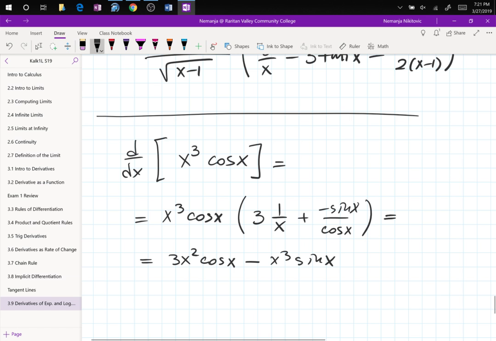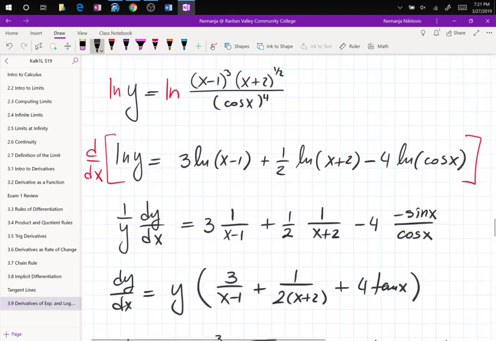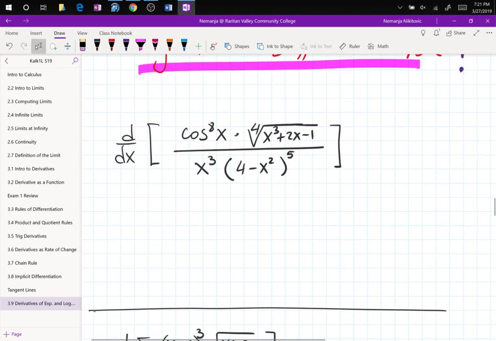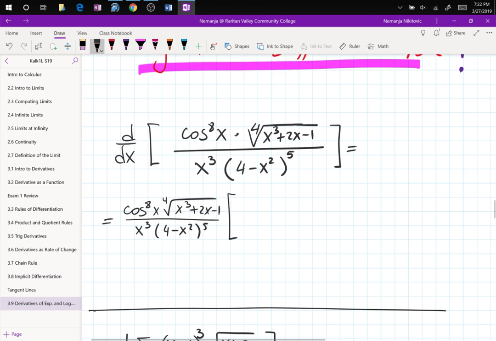And that, oh no, it's not it. I was about to say, and that's it, let's go for a break, but then I remembered. Didn't we start here? So now, one more time, I get to write the derivative without actually doing any work. So derivative is, copy the function as is, so cosine to the 8x, 4th root of x cubed plus 2x minus 1, divided by x cubed, 4 minus x squared to the 5th power, and then we have the expansion